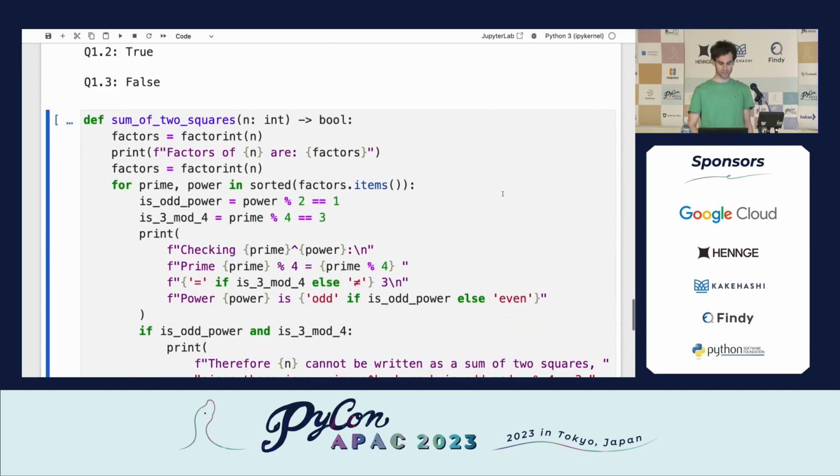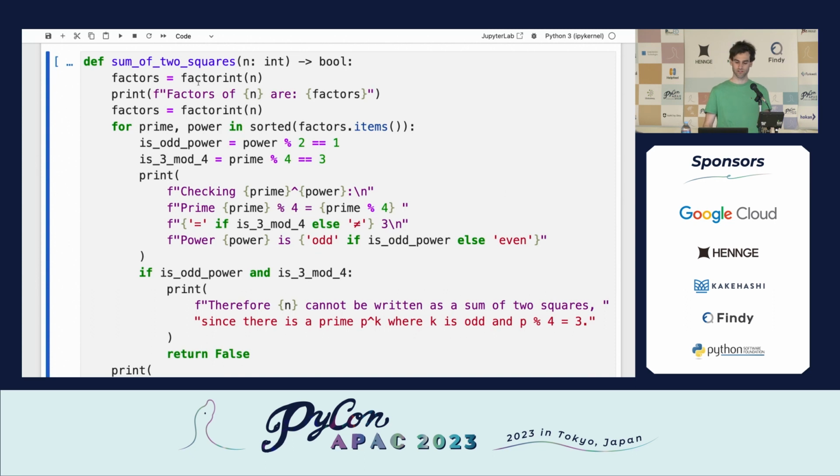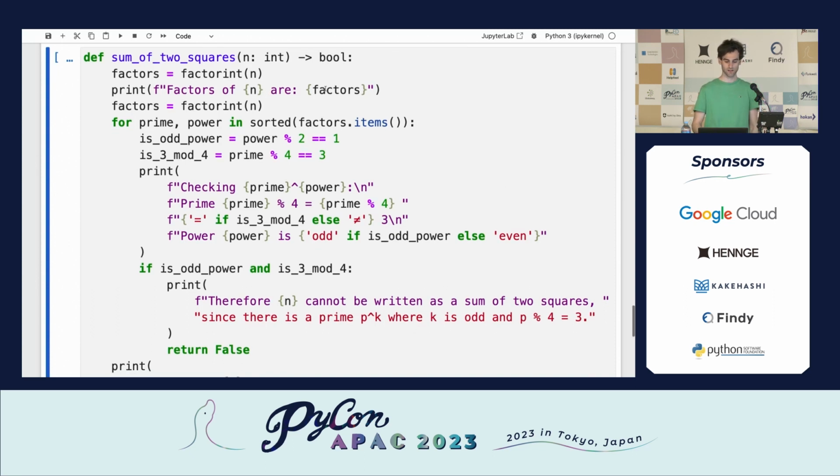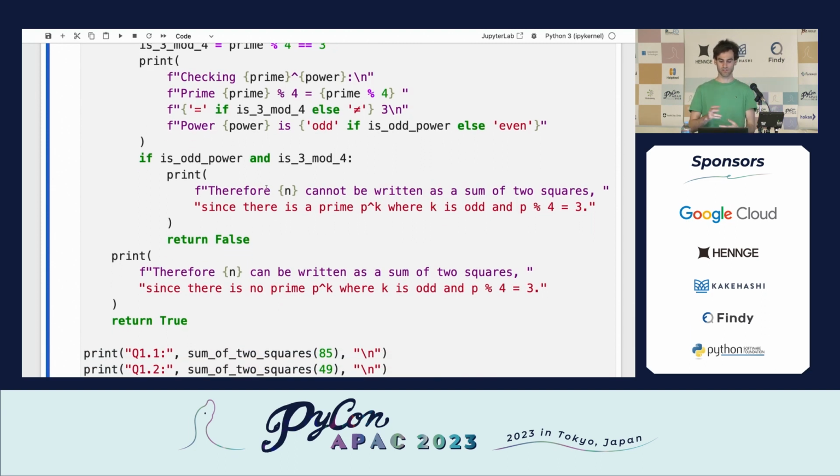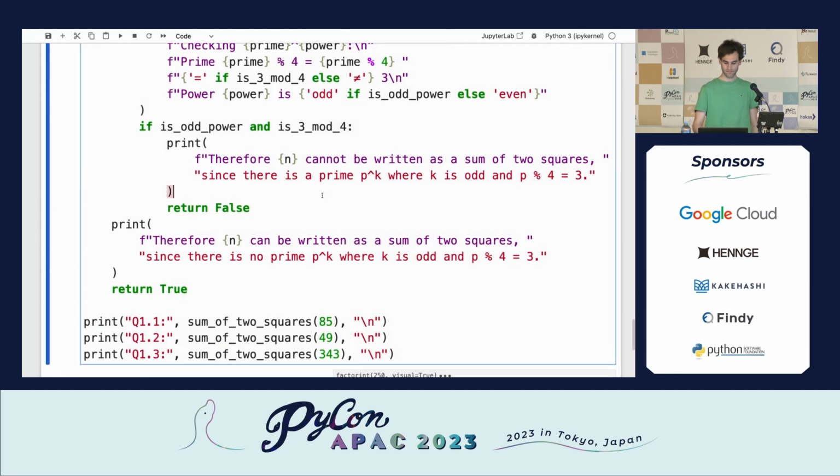And we can do that by just adding in some print statements. So now I've got a print statement here for printing out the factors, and then I've got some print statements for the working out that we're doing. And then I've got some more print statements that are just like, yes, it is a sum of two squares, or no, it is not. And then we can run that,